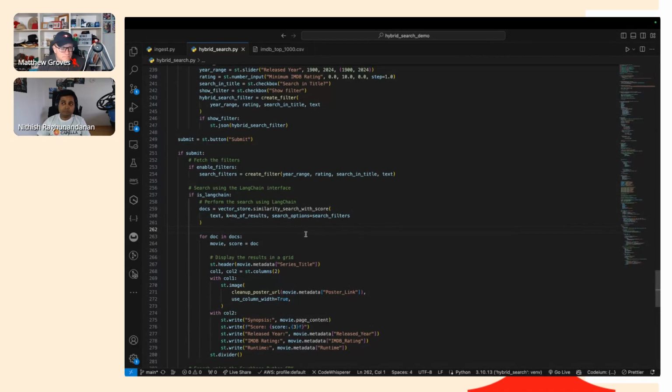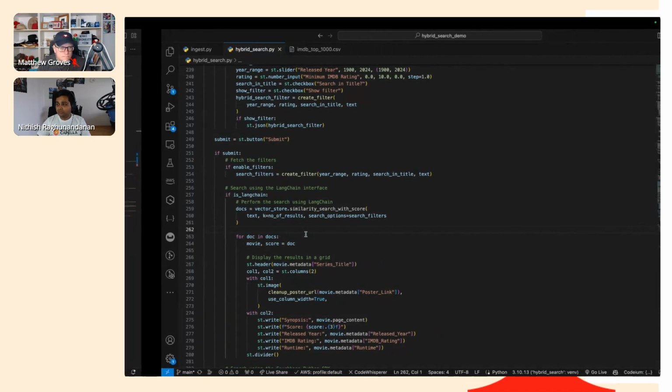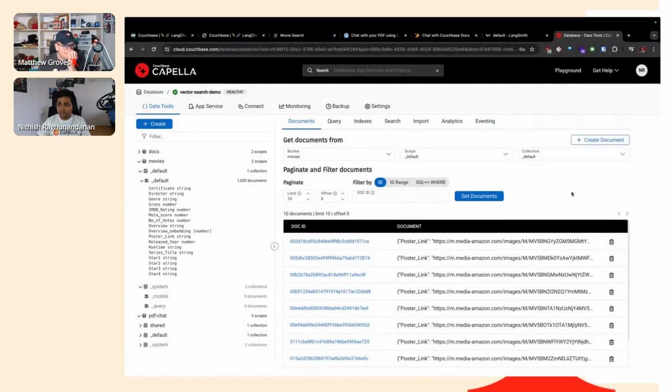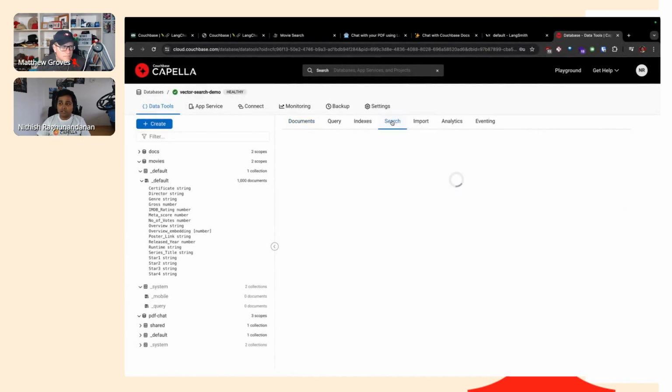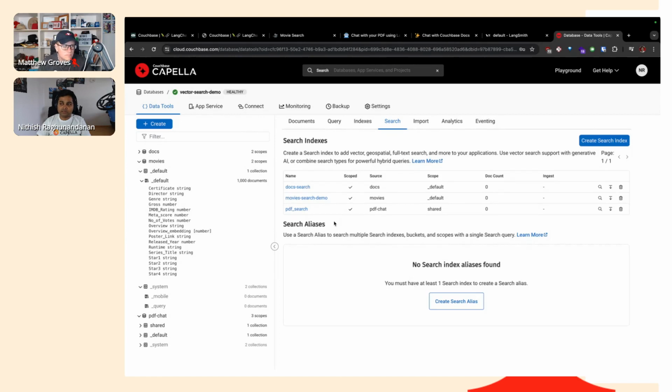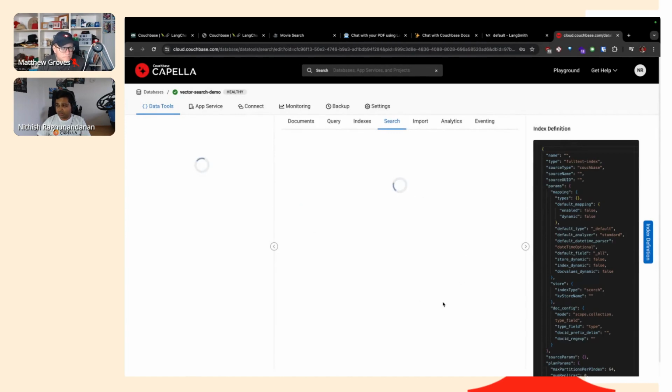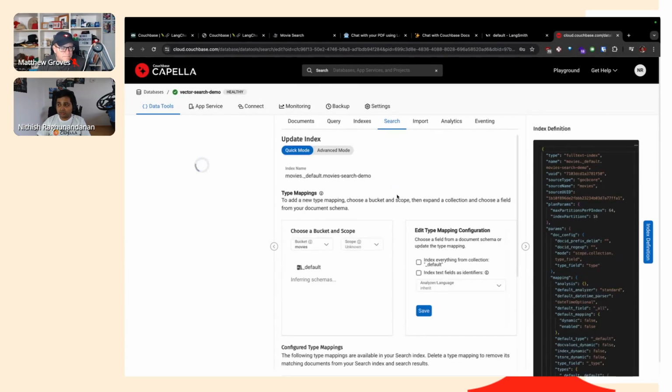So essentially, all you need for this is to have your data in Couchbase. In this case, I'm using Couchbase Capella, and you need to create your full text search index, which has support for the vector field. I can also show you the index that is used in this case.